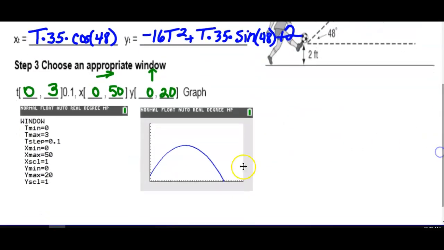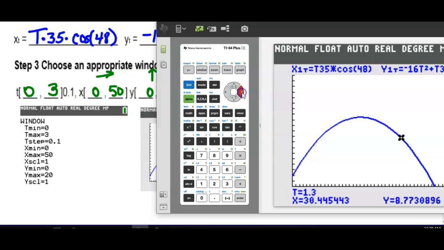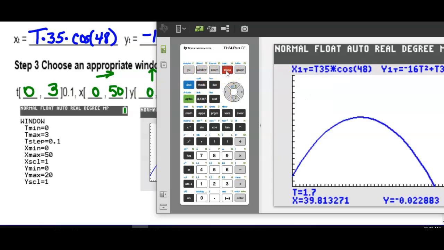So I'm going to go to the calculator and I'm going to trace forward until the height of the ball is 0, or as close as I can make it. By the way, if you go second trace, you can calculate a value at a particular y value. You can find a 0. These are all notations you will use in calculus. Cool, but not going to help us. All right, so as close as I can get y to 0,